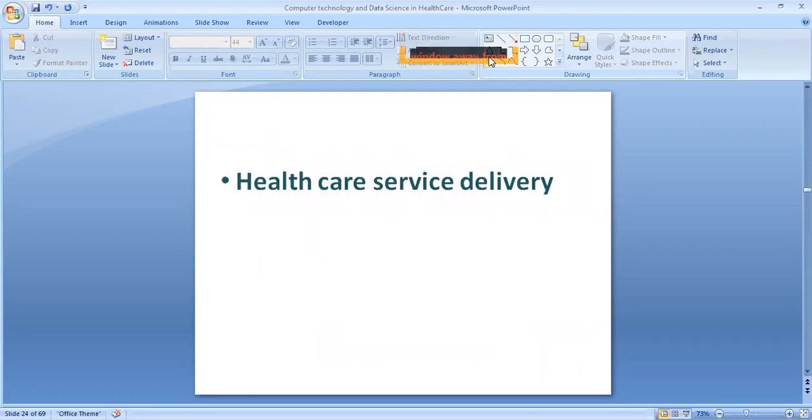And next is healthcare service delivery. So having diagnosed using an appropriate technique, we know what medicine has to be given, what surgical intervention has to be made for a particular disease. Another important question, the biggest challenge, is how it is delivered, whether it is delivered in an appropriate manner to the patient, so that the patient gets the maximum benefit of whatever diagnosis or treatment prescriptions we have in hand. So this is again a very important